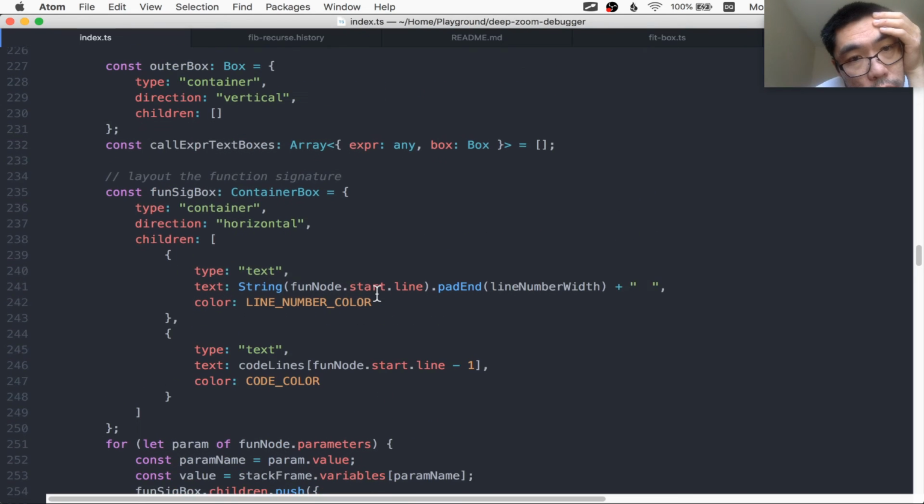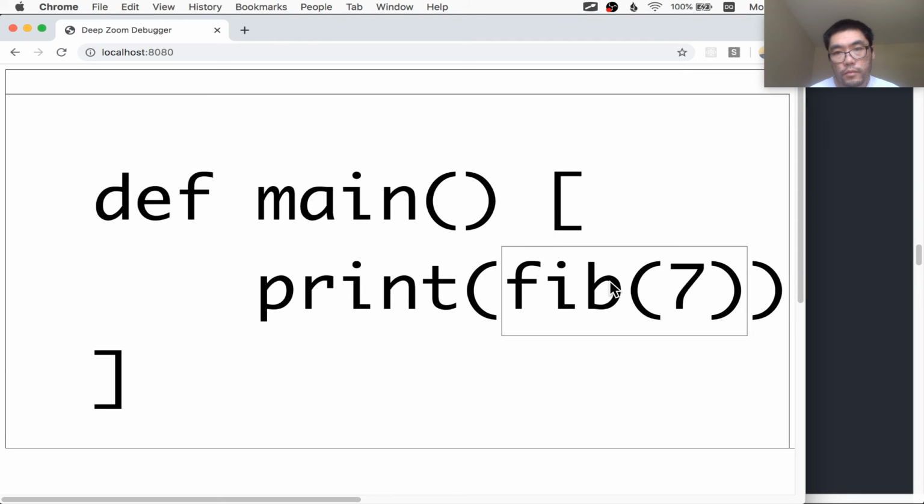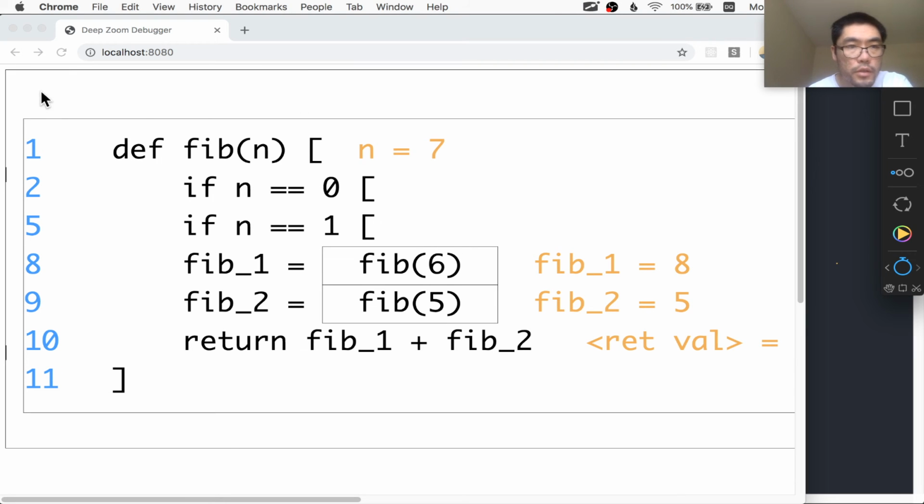And also given this new layout. So currently, let's go into here. Okay. So we've changed the box layout to a horizontal box that surrounds these text boxes. There's going to be one text box for the line number, a different text box for the code, and a third text box for the